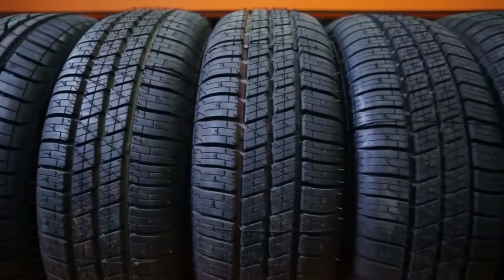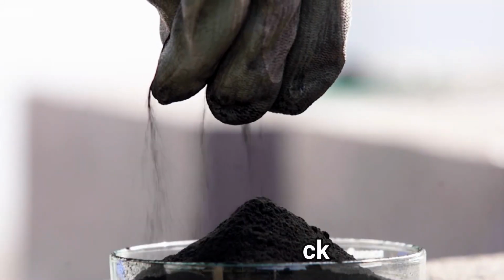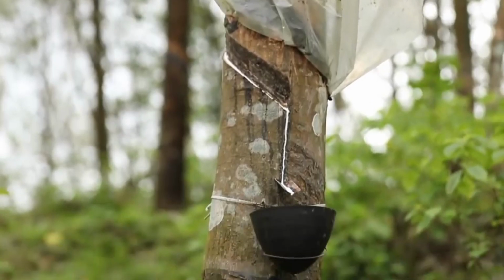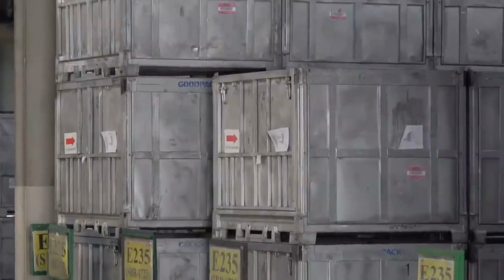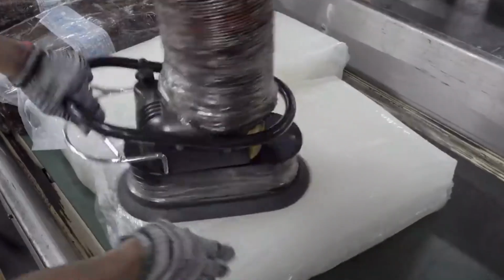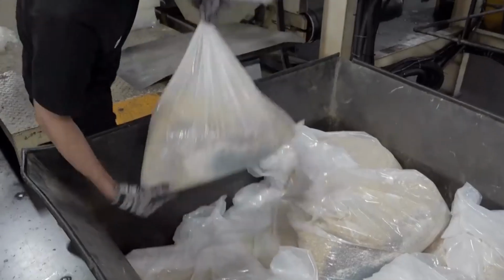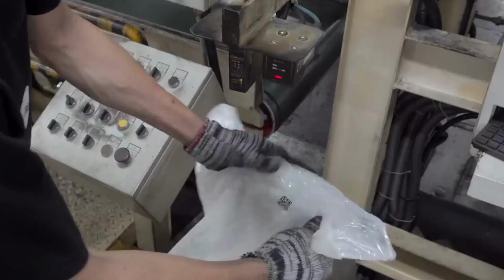10 to 15 separate parts make up a modern tire, including pigment called carbon black, chemical additives, and natural and synthetic rubbers. Rail carriages deliver these supplies to the factories where they are stored. Subsequently, a Banbury mixer is used to combine particular batches of rubber and chemicals that have been measured by computer